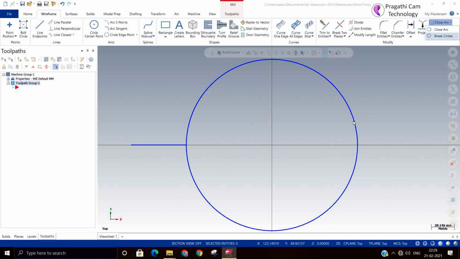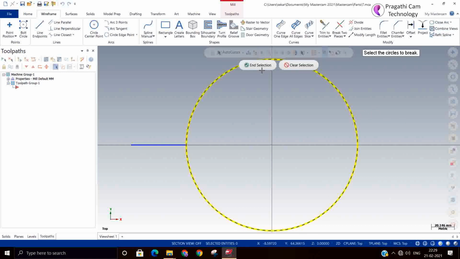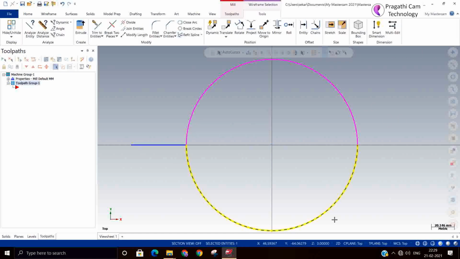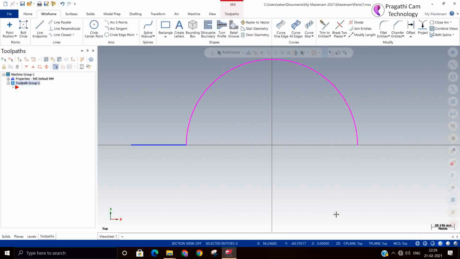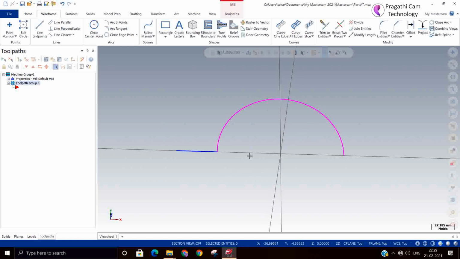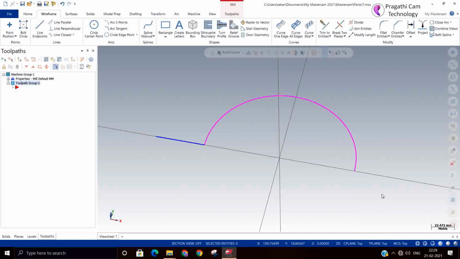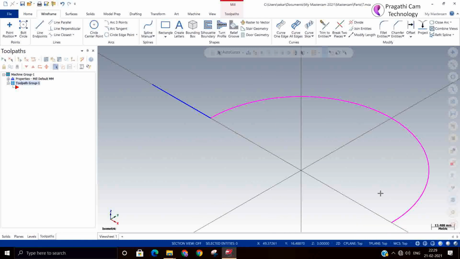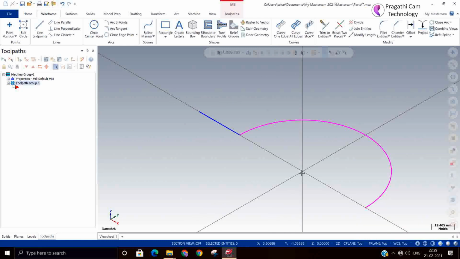I will break this circle into two pieces and remove the inner one. I am just going to sweep this line along this circular path.